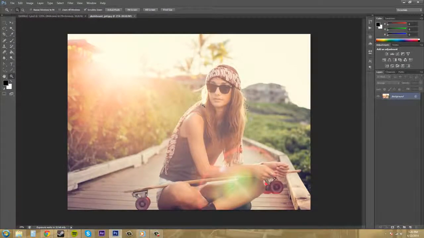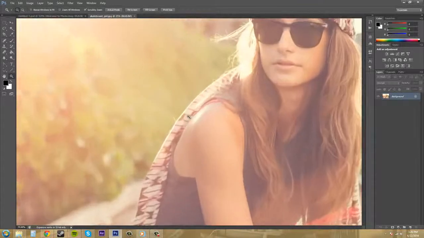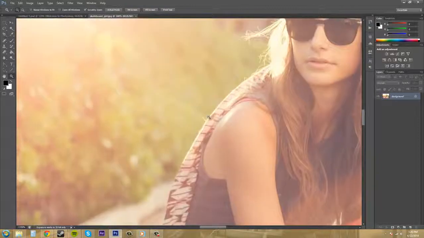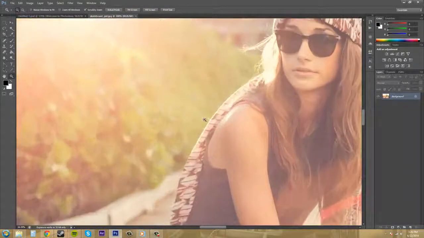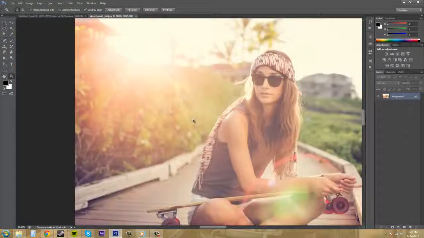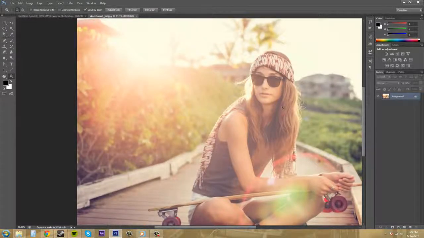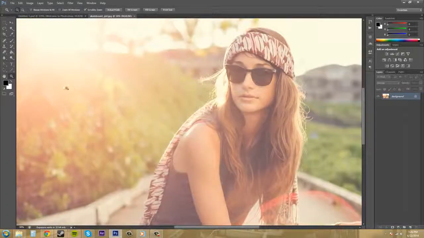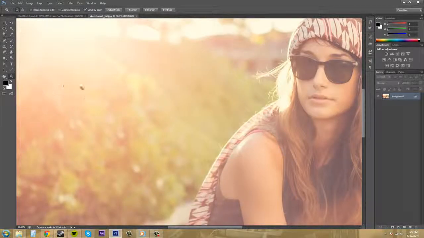Now there's a few ways to zoom in and out using this tool, and a whole bunch of different ways to do things that you want. If you have this scrubby zoom selected and you hold your left mouse button down and you move right, it's going to zoom in. And if you move left, it's going to zoom out. So that's very handy. It's better than just clicking and zooming. But one thing about clicking and zooming is it kind of centers the image more over to where you clicked